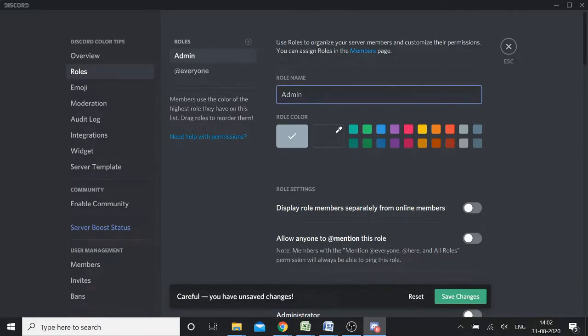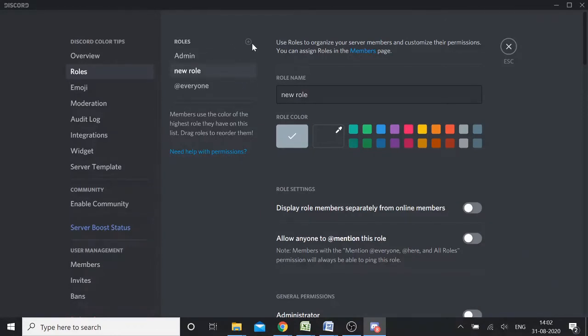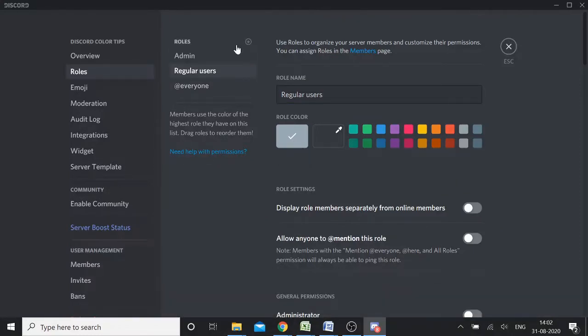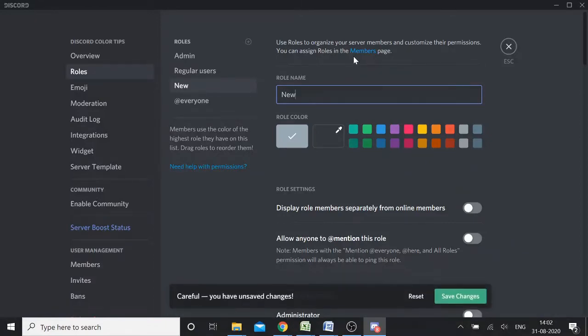I'm not giving any color, I'm showing you how it will be displayed, and I create another role, regular users. I create 3 roles to explain, and the last one, what should I name it? Any idea, guys? Let's name it new users.